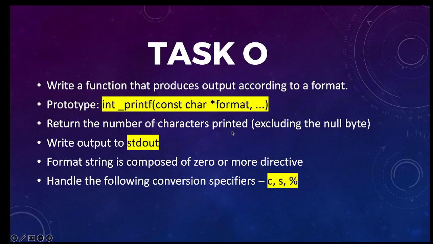All right. Now, look at this thing carefully. It says that the function that you are going to implement has to return the number of characters printed, meaning that this integer return type you are seeing over here, you are supposed to track it within your code so that every format or every string that you give to your function is going to be counted. Now listen to that carefully. Every format or string that you give to your printf function is going to be counted. So your code is supposed to be able to return the number of